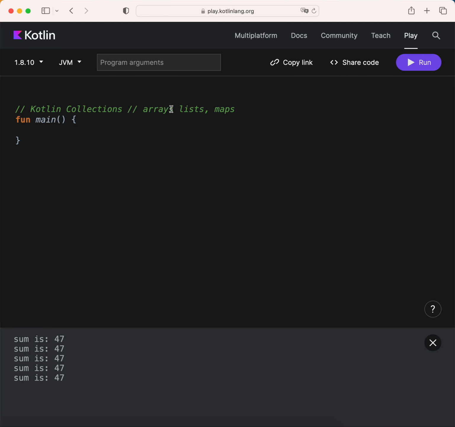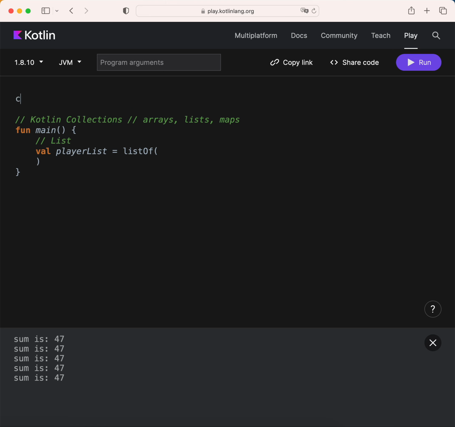So I will be talking about these concepts here in collections. So first let's create our list. How do you create a list? I will create a player list, and this player list consists of object player, but before that I would like to also create a